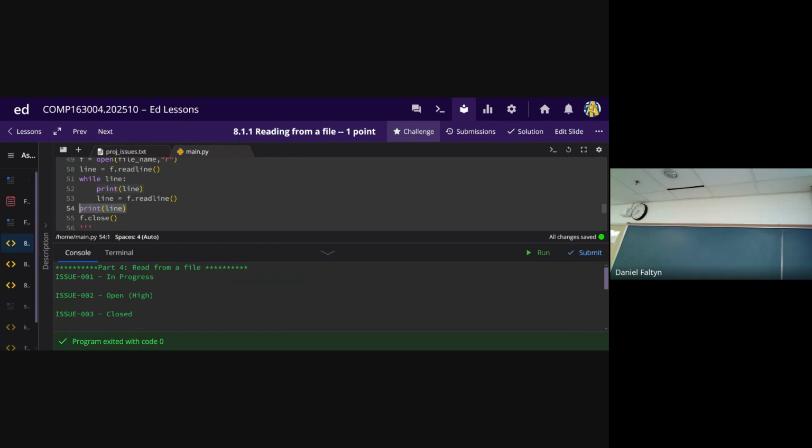My lines are going to be \n\r. You want to know what the end of the file is? It's going to be something else. There's other hidden information as well, which we don't really get into. They're called byte order markers. Most files will say whether they're big endian or little endian.